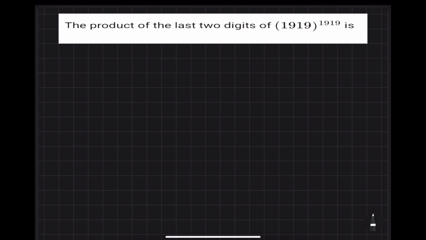So we have to find out the product of the last two digits of this. So 1919 to the power 1919. You know that you have to write this number as close to multiples of 10. So can I write this number 1919 as (1920 minus 1) to the power